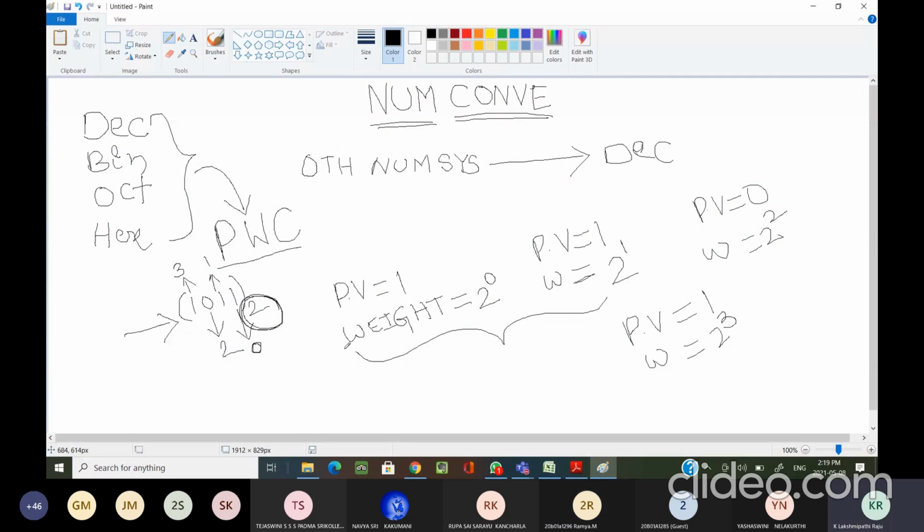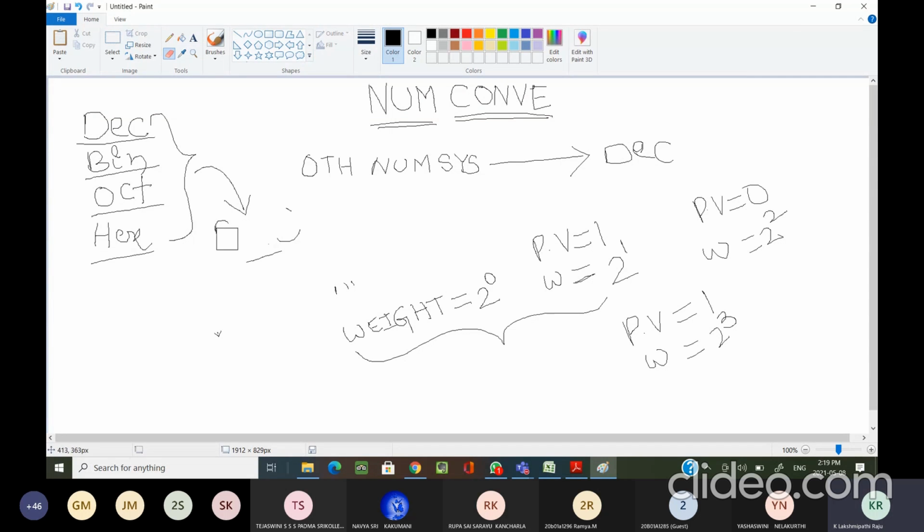Now, all these are positional weighted codes. Decimal number we can also call a positional weighted code. Binary number is also a positional weighted code, and octal also, hexadecimal also. Now, why are we discussing these positional weighted codes? Because in order to convert any other number system into